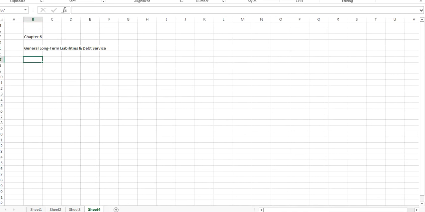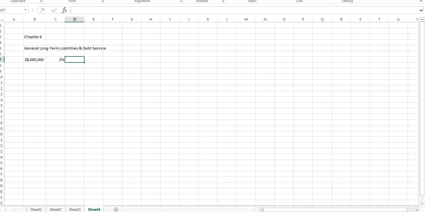And in this one, we have serial bonds. We have an authorization to issue $8 million of 3% regular serial bonds in 2020 for the construction of a new exit off the interstate highway within the city limits. The bonds mature in equal annual amounts beginning on January 1st, 2021 for 10 years. So we'll start January 2021, 10 years. And they pay interest on January 1 and July